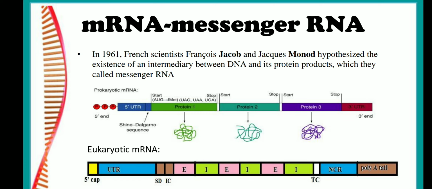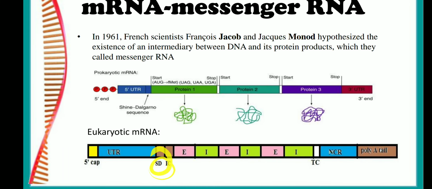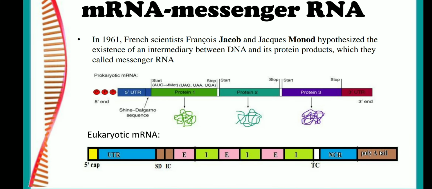And in the prokaryotic gene, if you remember the structure, in my previous video I have taught it. You can go through that video to learn the structure, where the SD sequence is there, which will be copied onto the mRNA. So after the untranslated region, there is an SD sequence. As I told you, the SD sequence is a ribosome binding site. The ribosome will come and bind to this SD sequence during the translation process, followed by the initiation codon or start codon, which is made up of AUG.